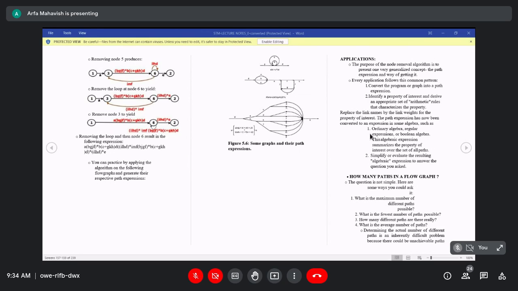When you are reducing a graph, it should come to the path expression, and till that we keep reducing the nodes. So in the previous class we have seen this. Till that time we have reduced the nodes. This is the first pattern.